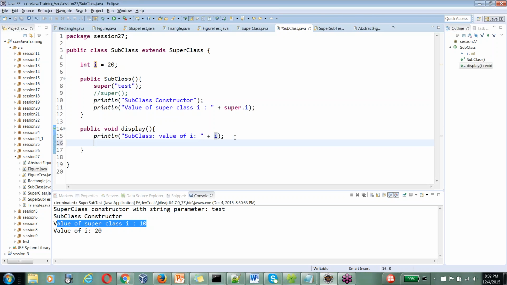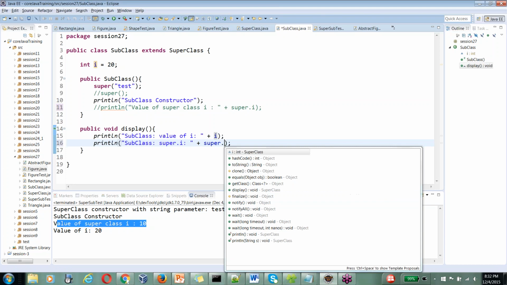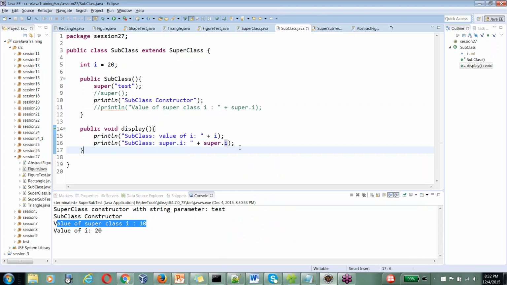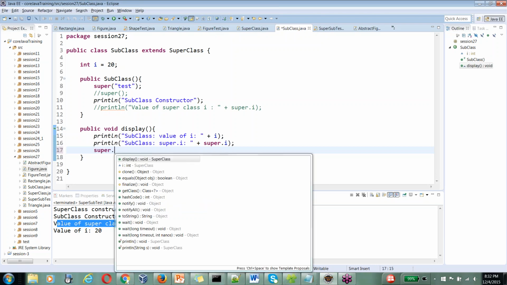So if you want to print the value of superclass's i, you can use that. That's what I did in this one, right? This particular, in the subclass, super.i, okay. This is super.i. And then what you can do is printing. Let us have the